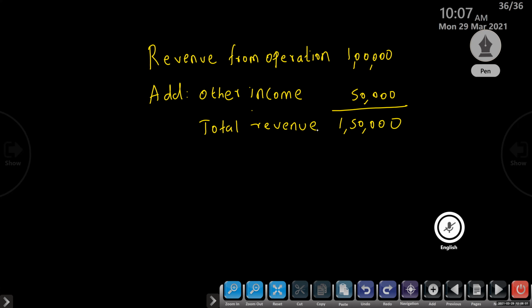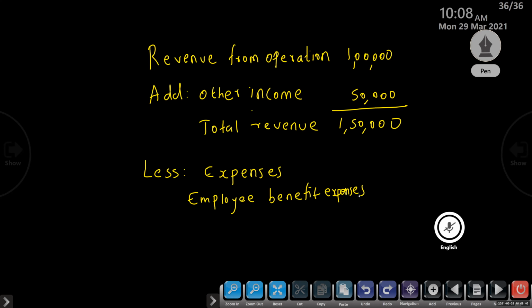Whenever we write the format, you have to study the format because we have no time. So revenue from operations, add other income, then you will get total revenue. Then less expenses. Expenses means all the other expenses, the profit and loss account items, trading and profit and loss account. Mainly here it is given employee benefit expense, and extra items you may not know.